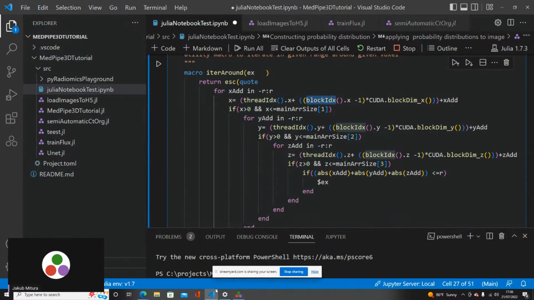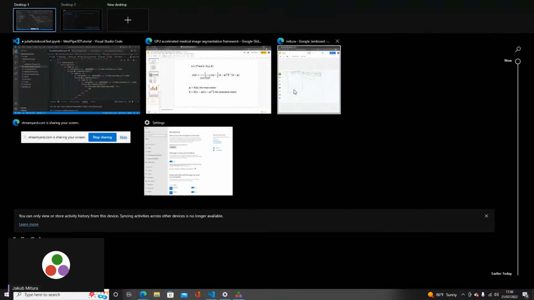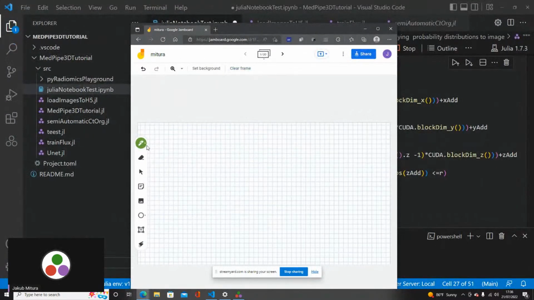Yes. So in case of the CUDA, yes, we have thousands of threads, as we explained earlier. So we need to get the idea where we are. Yes, so where each thread is. So it needs to know in which point of the array it is present.